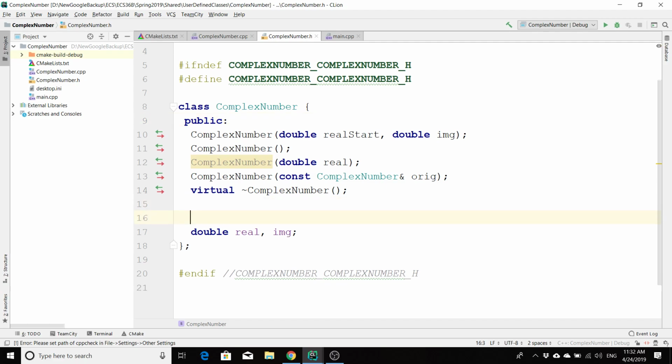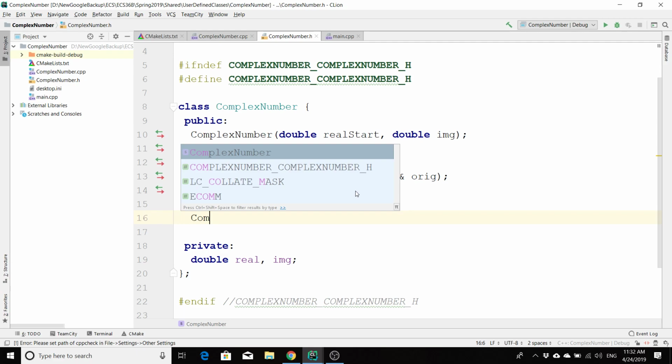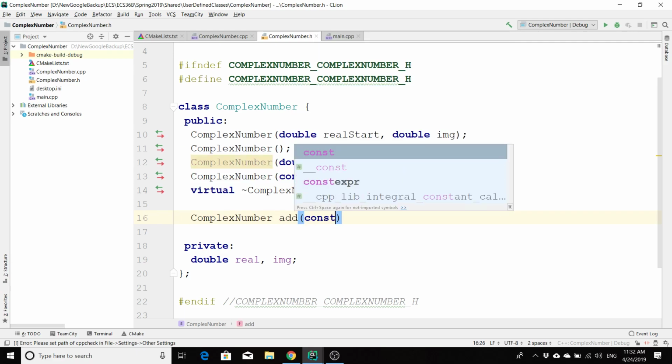But my member variables, I might not want somebody directly messing with them. So I'm going to mark them as being private. No one can just directly access them. Now, the other thing that you want to think about is, well, what things do you want to be able to do with complex numbers? You want to be able to add them, right? So when you add two complex numbers together, you should get a new complex number. So we might have something like complex number, add, const,